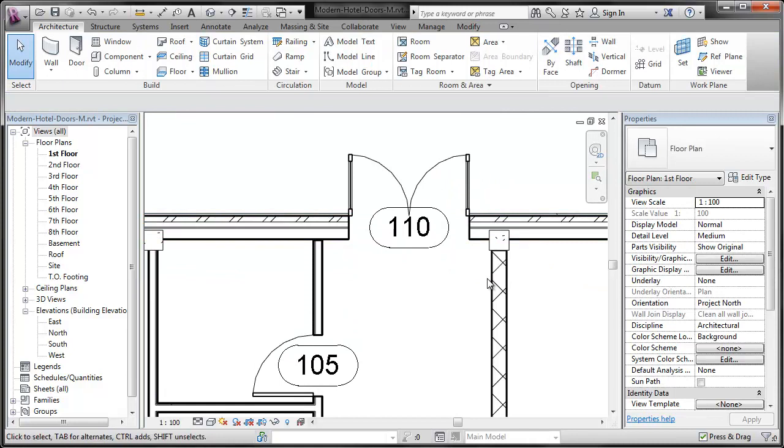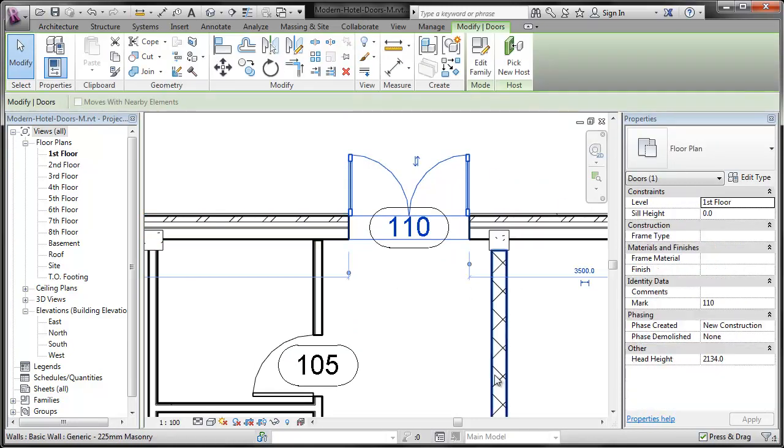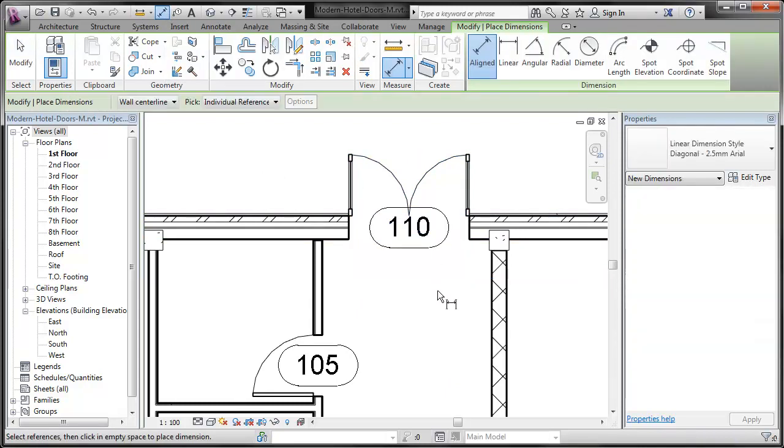And then we want to make sure it's equal, so we can select the door, and how about we say we want some aligned dimensions, and let's just click on the wall